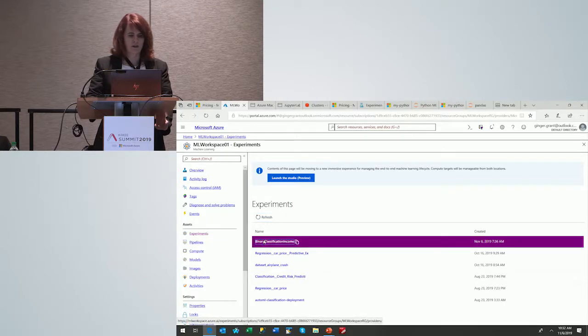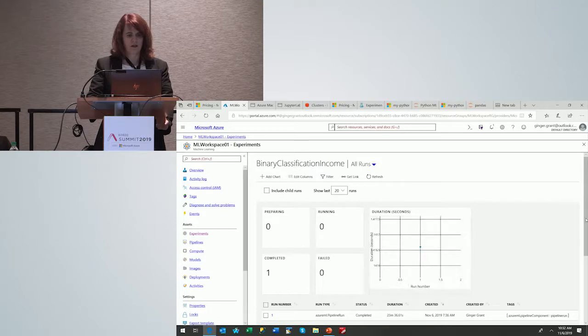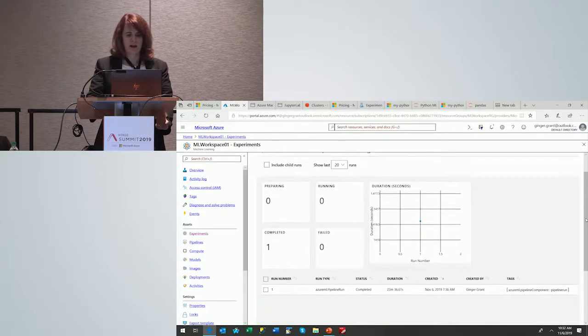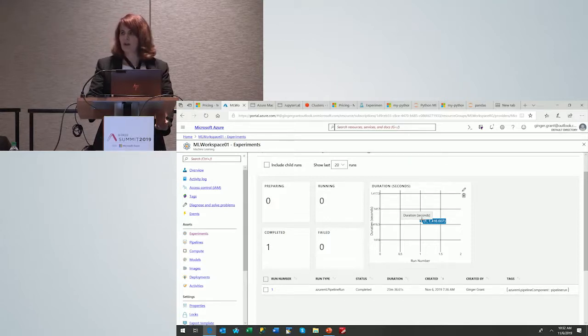So if I go ahead and click on this one, you see that it was run once, and when it ran, the duration in seconds was over 1,000 seconds. So you get an idea of how long it ran. And of course, this accumulates over time so that you can see how all of your experiments performed.